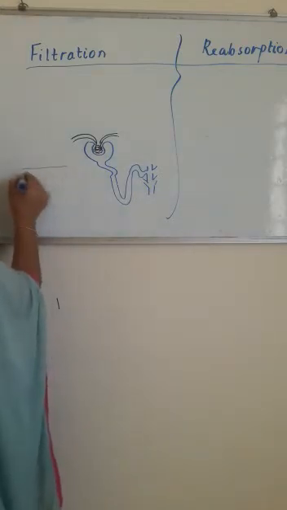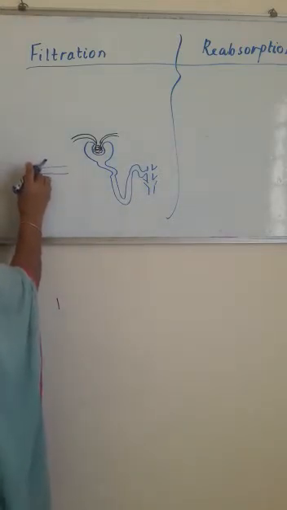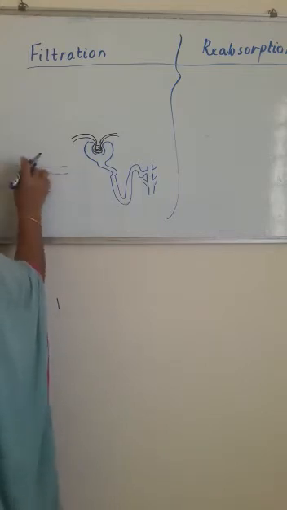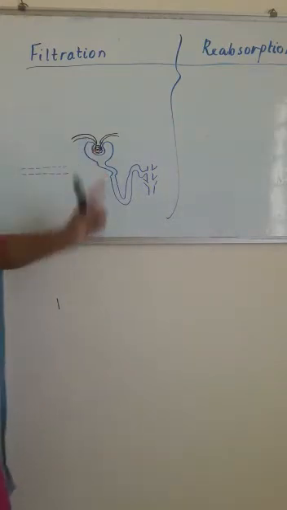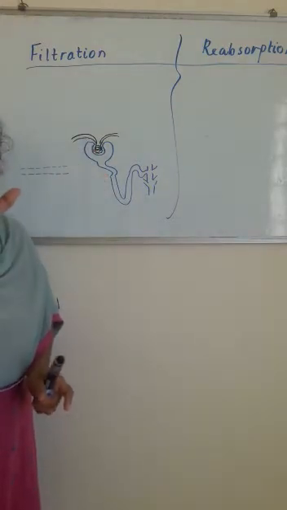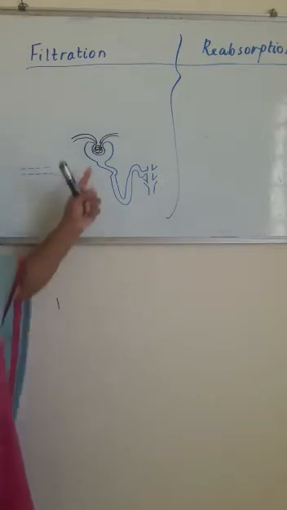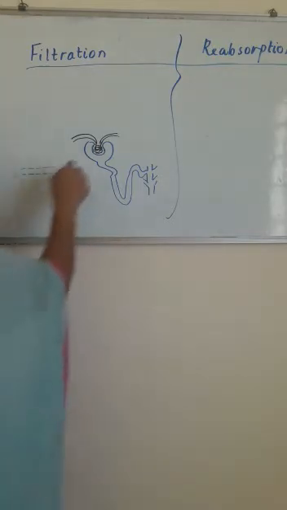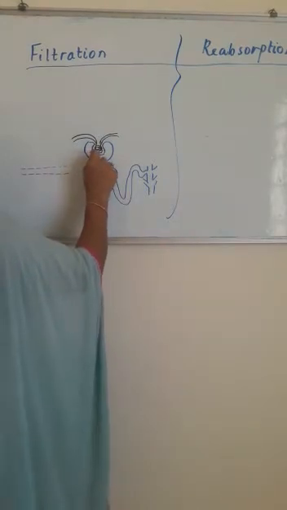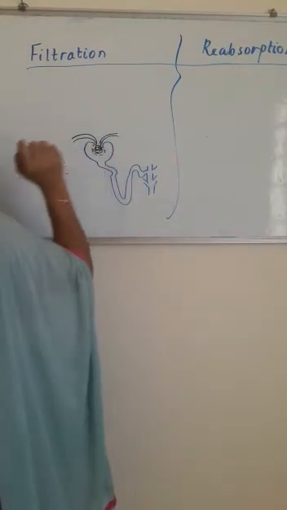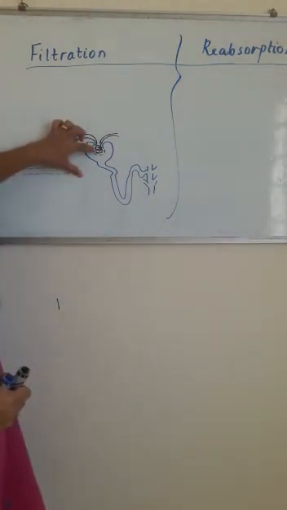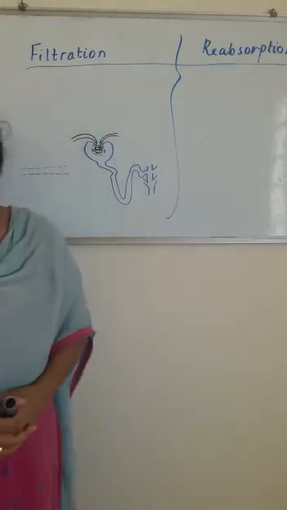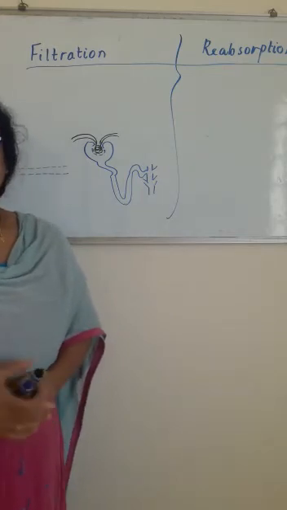Suppose the blood capillary is like this, there are small gaps in their walls. Also the wall of the renal capsule has some small gaps. So both the blood capillary walls and the renal capsule walls have small gaps,